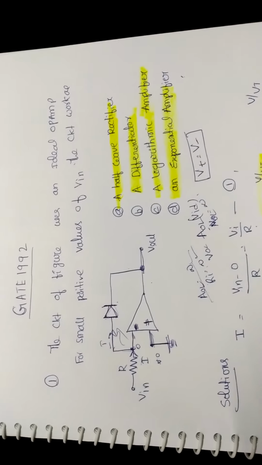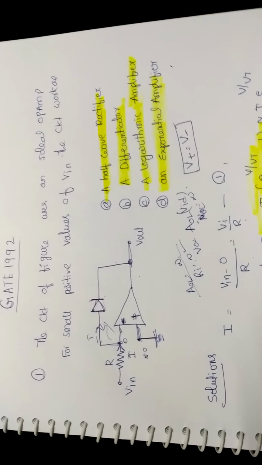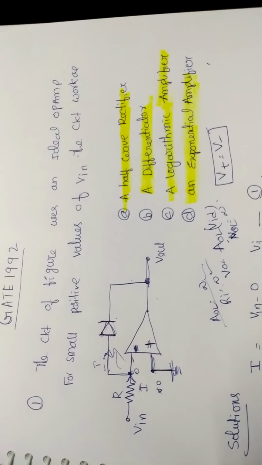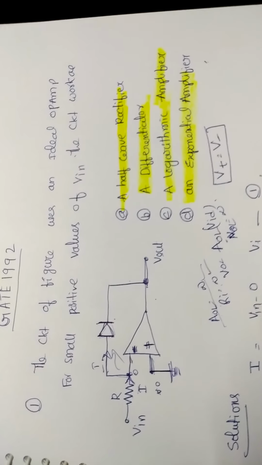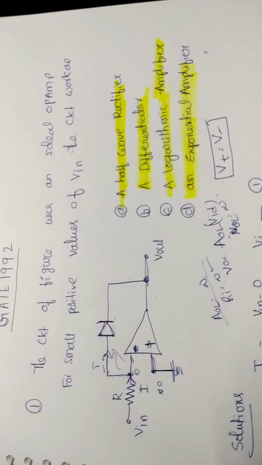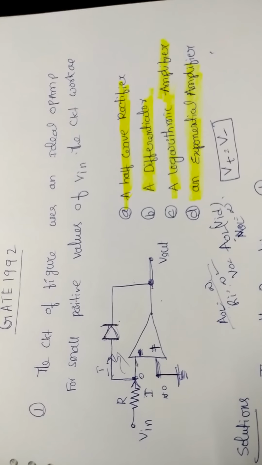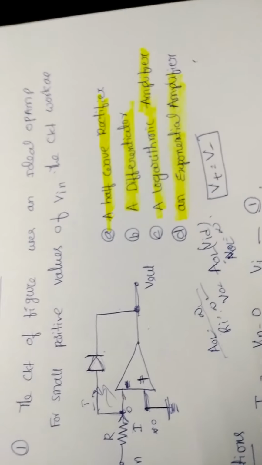Hello. So this is a GATE question related to analog electronics. The topic is operational amplifier. The question is: the circuit of a figure uses an ideal operational amplifier. For a small positive voltage of V in, the circuit works as a...